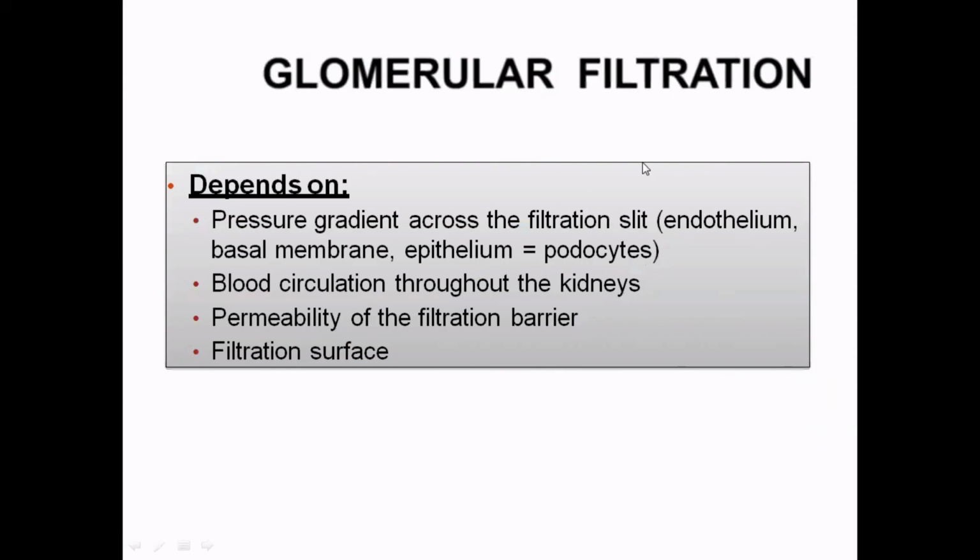So glomerular filtration. The function of that is the excretory function, that is the production of urine. So basically that is glomerular filtration. This is the game of pressure gradient across this glomerulus, and that's why the blood circulation in the kidney is important. And also the permeability of the filtration barrier and the filtration surface. So in this so-called barrier, there are so many things, podocytes and so on. Somebody has renal failure, somebody has immunological disease. If this filtration part is disturbed, then they develop all those kinds of things.